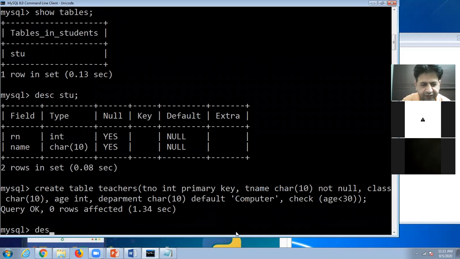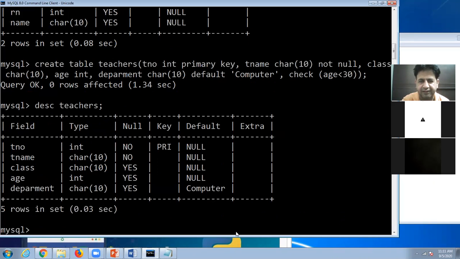If I want to see the structure of the table, DESC describe, then teachers. The data is here. This shows different fields, their data type, whether a null value can be entered or not, whether any primary key is set or not, whether a default value is set or not, and any extra constraint.